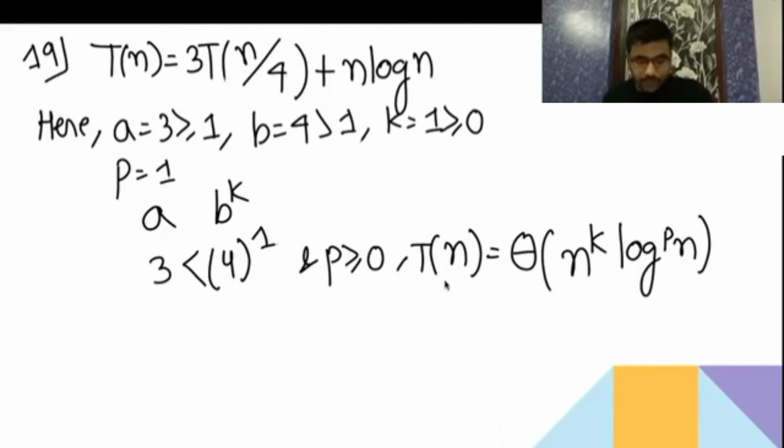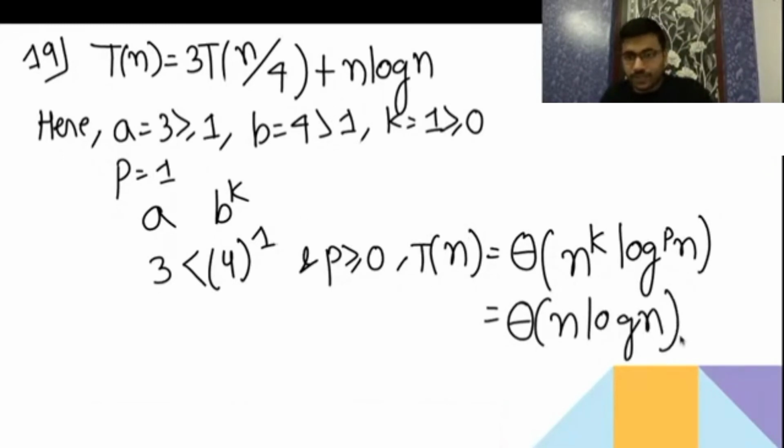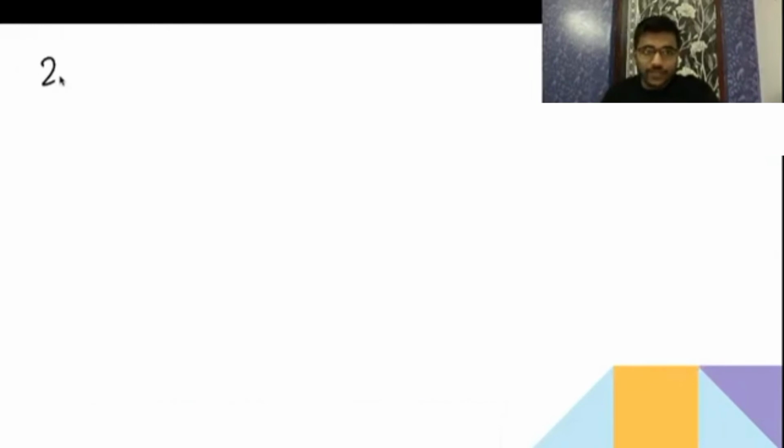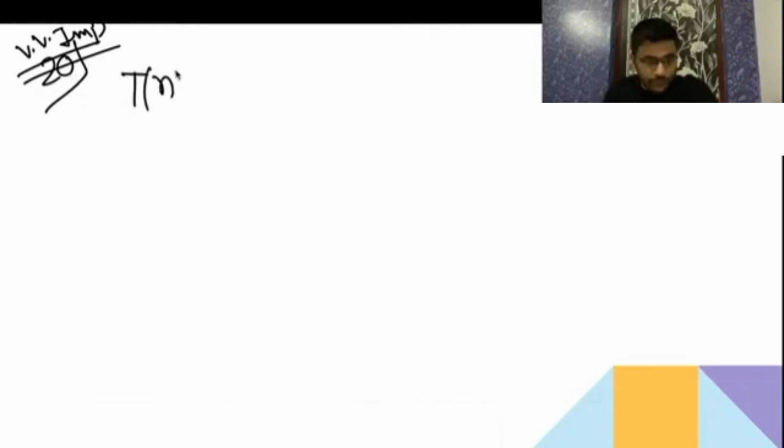Okay, so theta n^k log^p n is going to be your 1, p is your 1, it's going to be the same. So this is the answer: 20. It's very important, because this kind of question has been asked in your ISRO exam and in your GATE exam. After that we are going to see the question that was asked in ISRO and GATE. So if T(n) is